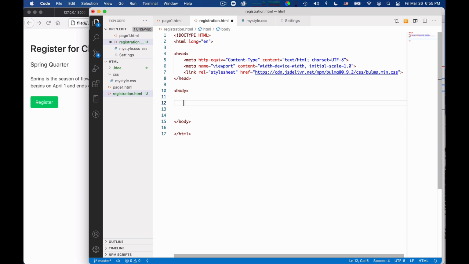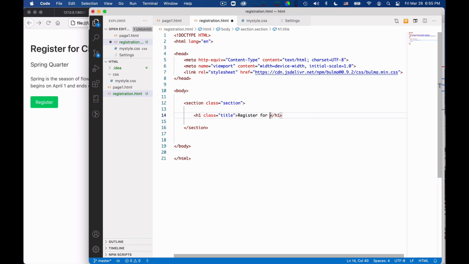This gives you spacing from the borders of the page, top and bottom and left and right. Okay, so inside it, we worry first about the title. One simple way to do the title is simply to say h1, which in Bulma doesn't mean anything, but class is equal to title. This will make it look like a title. And then we can say register for classes.